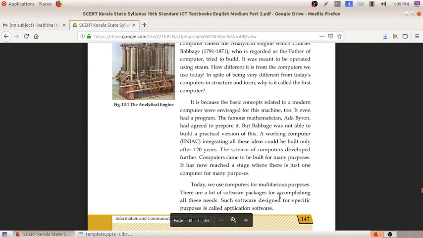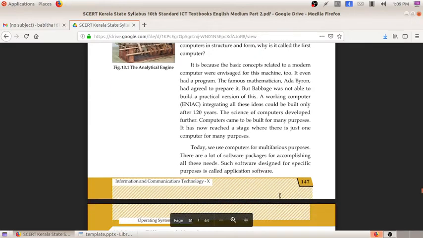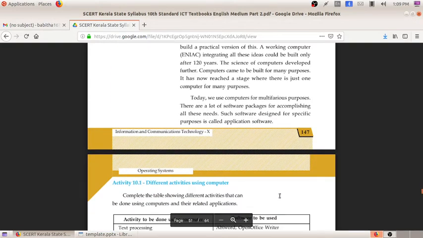After 120 years we got the computer today in this form. Before we got the computer in this form, the analytical engine was just for doing some mathematics. Later on we got the computer as it is nowadays.